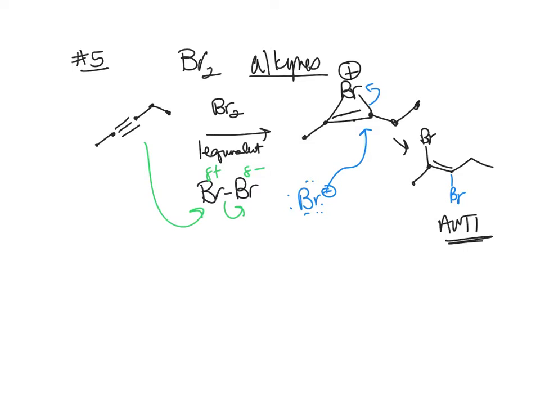And then that's one equivalent. And then what if you add 2 equivalents? So if you look at 5B and you add 2 equivalents of Br, then you would have another